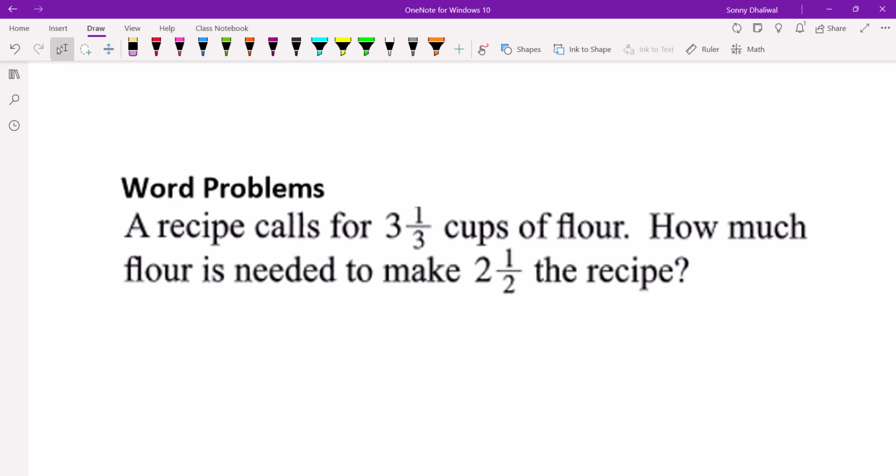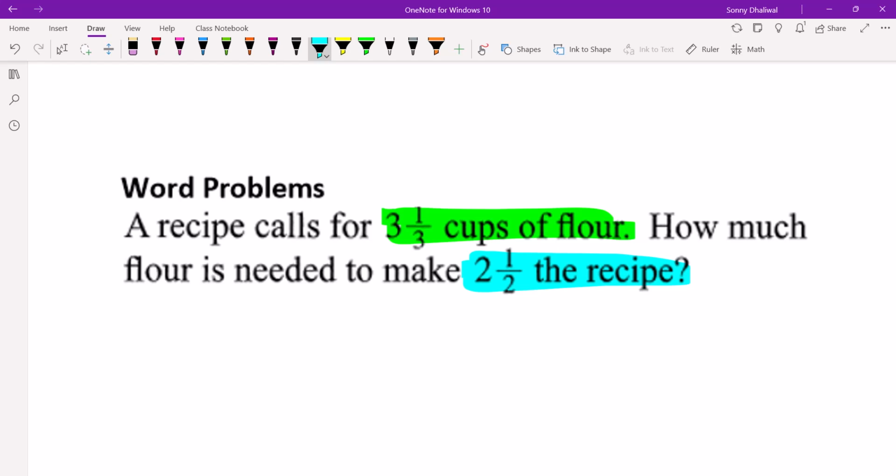So a recipe calls for 3 1/3 cup of flour. How much is needed to make 2.5 recipes? Okay, so let's try to figure out the process here. So let's say